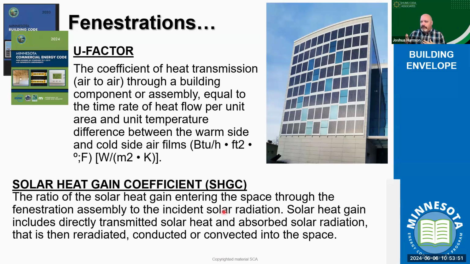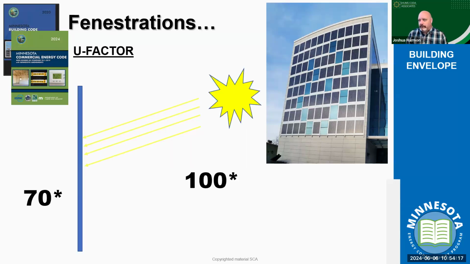If you think about it, if I'm looking at a window right here, the solar heat gain coefficient is what affects how much radiative heat comes through that glass into the occupied space. Again, that's a huge consideration when we're calculating the relationship between the building thermal envelope and our mechanical systems. The more heat we allow into the building, the more we have to condition and control that heat, or that cool, once it comes into the building.